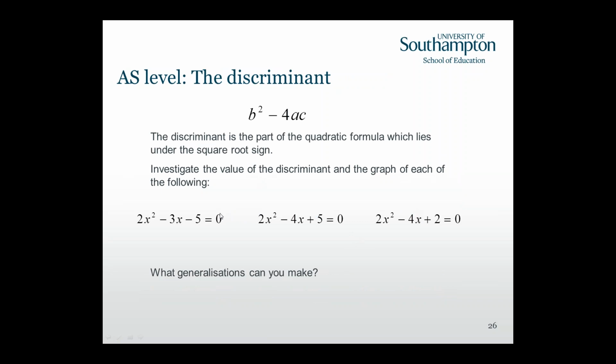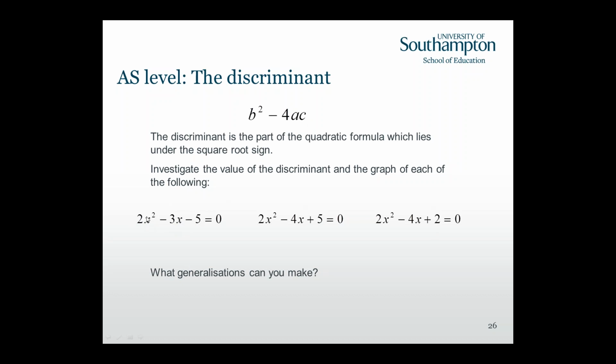If you have a look at these three quadratics, label each bit, so that's A, B and C. Another thing that the students do is they forget about the sign because they don't really see the signs, as I'm always saying, as being connected to the numbers. So in this case, A is 2, B is -3, and C is -5. So you substitute that into working out B squared minus 4AC for each of these,